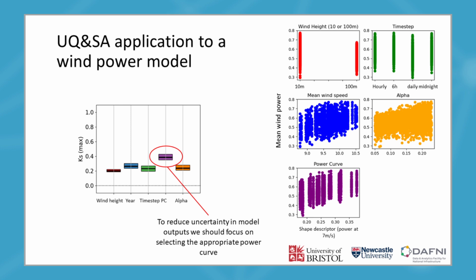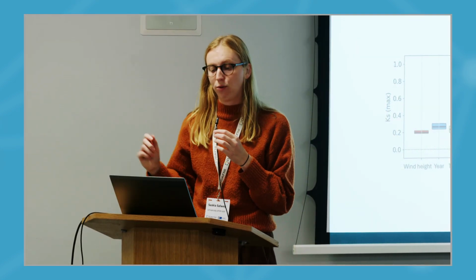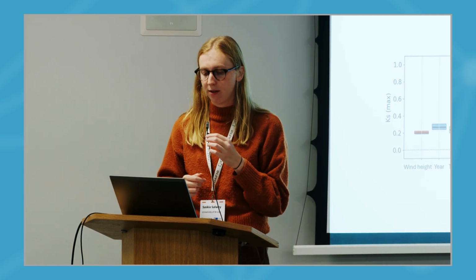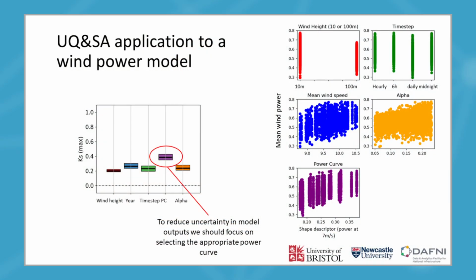There's also some scatter plots on this screen here, so as part of the sensitivity analysis, you can look at the visual relationships between when we vary the inputs and what that does for the outputs. So in the case of the power curve, which is the purple dots, we can essentially see that as the shape of the power curve changes, we get a higher mean wind power output. So it just shows the control that the power curve is having on the output. And similarly, if you look at the blue, we can see that the mean wind speed from the chosen year is, as you would expect, having an impact on the mean wind power as well.